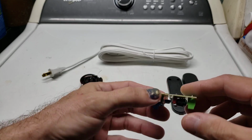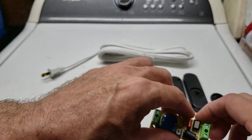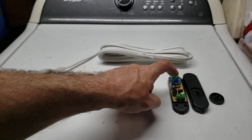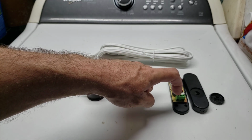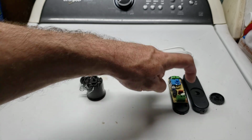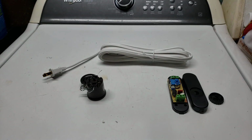And so what we have is a place for the hot and the neutral to come in one end, and then the hot and the neutral to come out the other end. Now in all reality, it does not matter if I put the hot on one side and the neutral on the other, as long as I do the same on both ends. If I put the neutral on this side, then I should also put the neutral on this side, and likewise hot to hot, neutral to neutral, or whatever. I can flip them around as long as I've got the same on both ends,